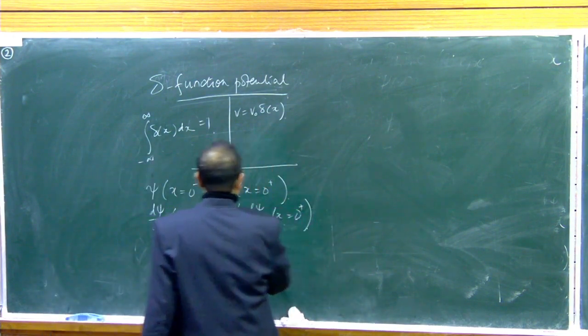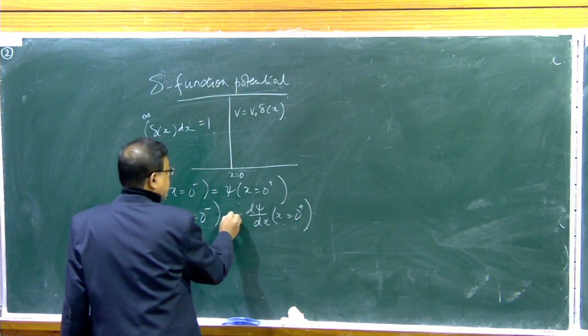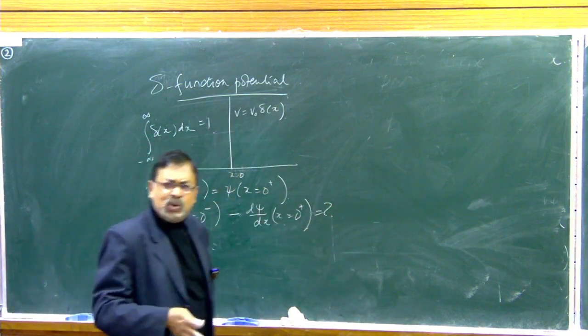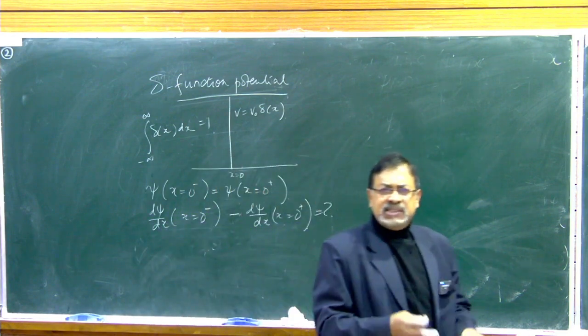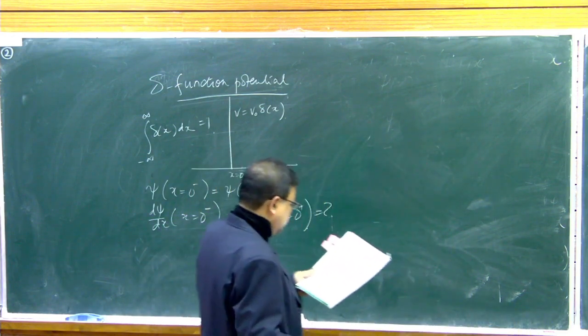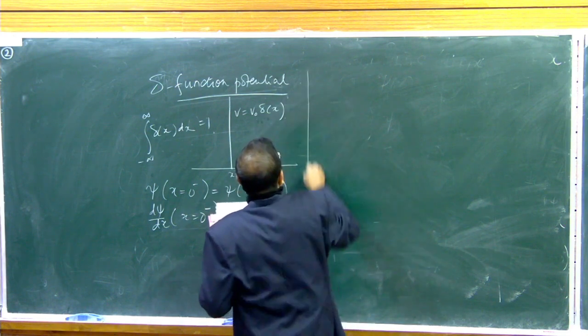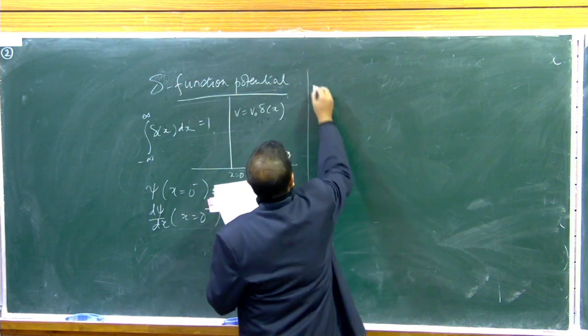Okay, but that is not a problem for us because we know the amount of discontinuity, so we need to find what this is. If it is not equal to this, then what is this? If we know this, then it's as good as knowing that there is a relationship, and that's what we will do. So let me just take a V naught delta x and write down